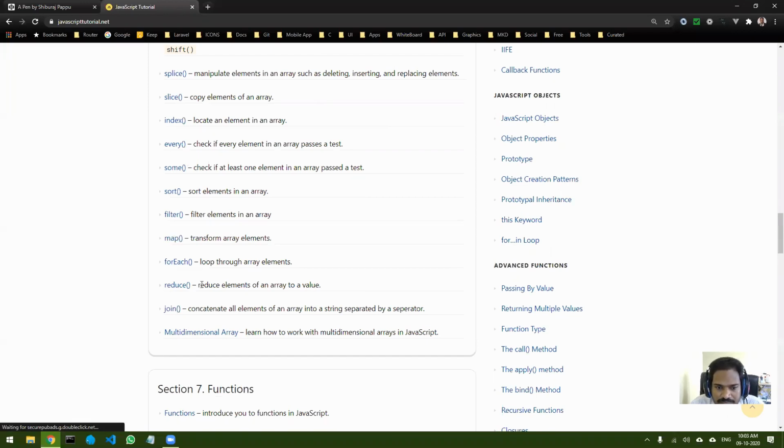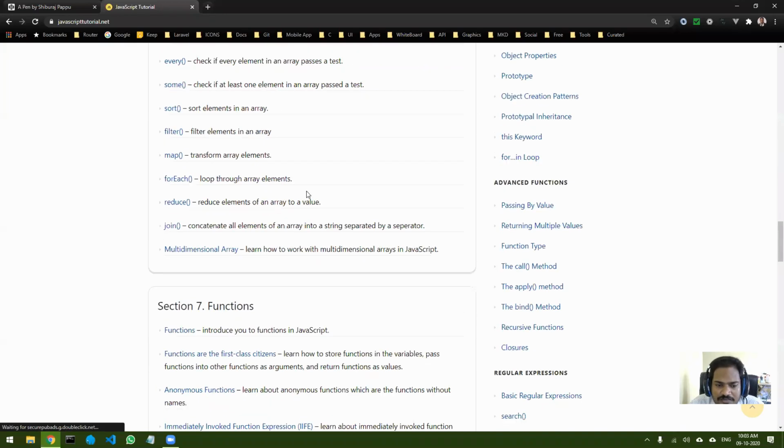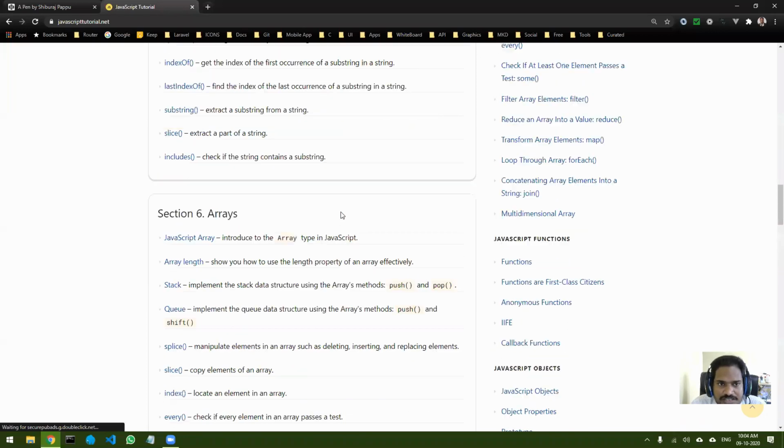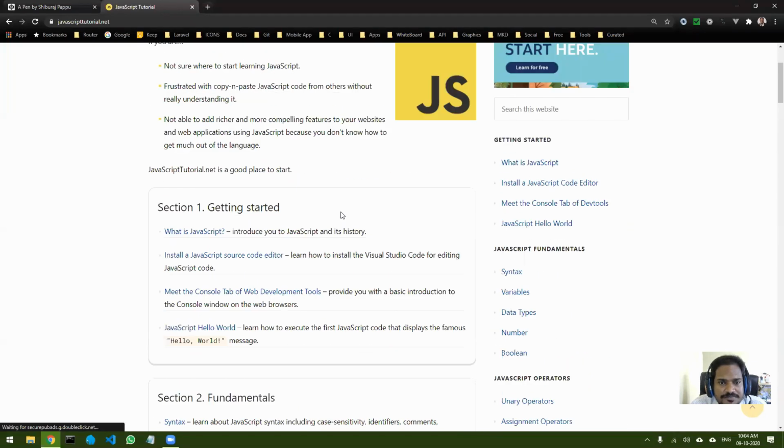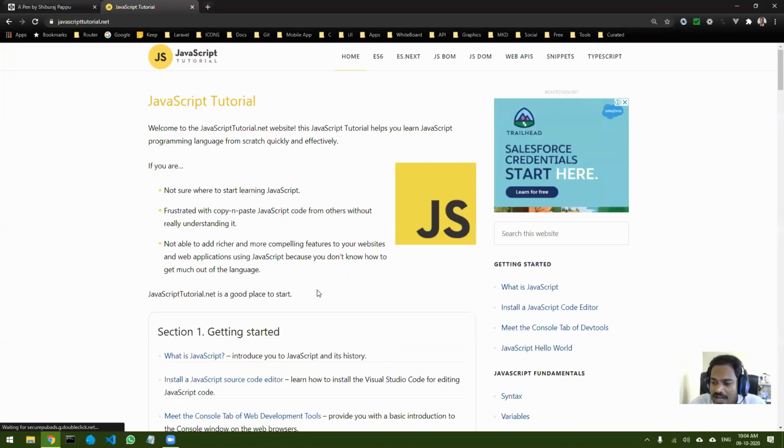All these commands, based on the requirement, we may learn. If you look at the complete list of commands inside JavaScript, it will be very difficult for you to grasp everything. It is a bit vast, I can say.